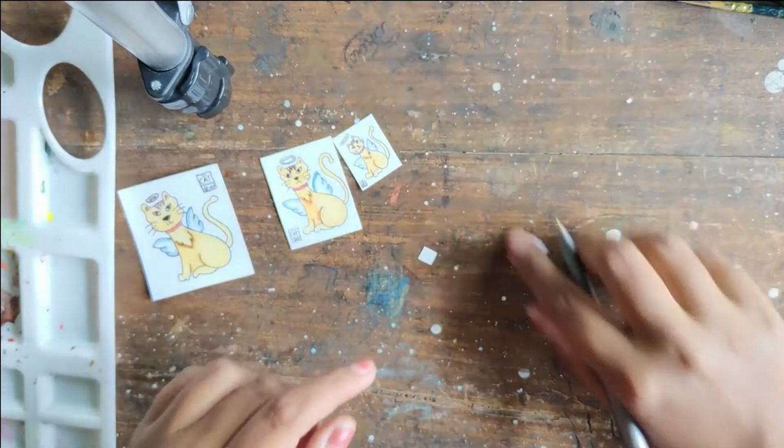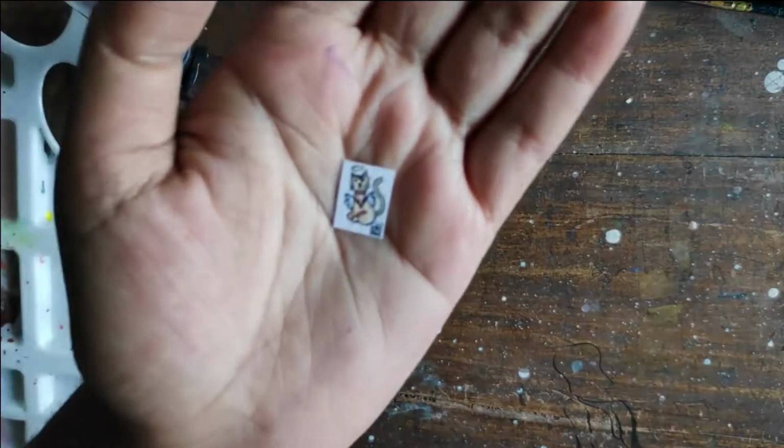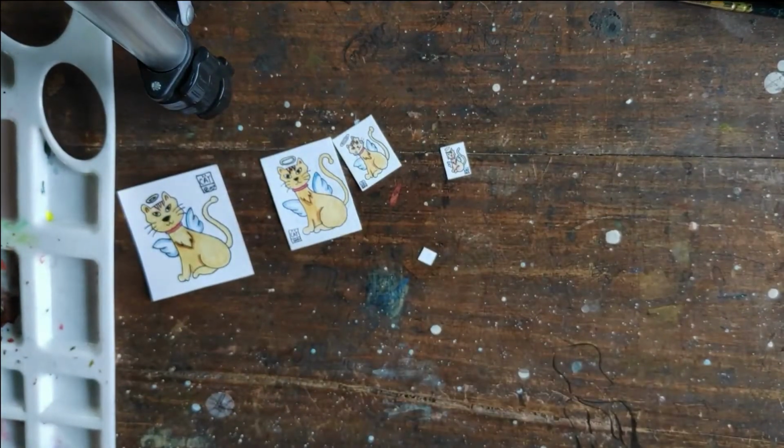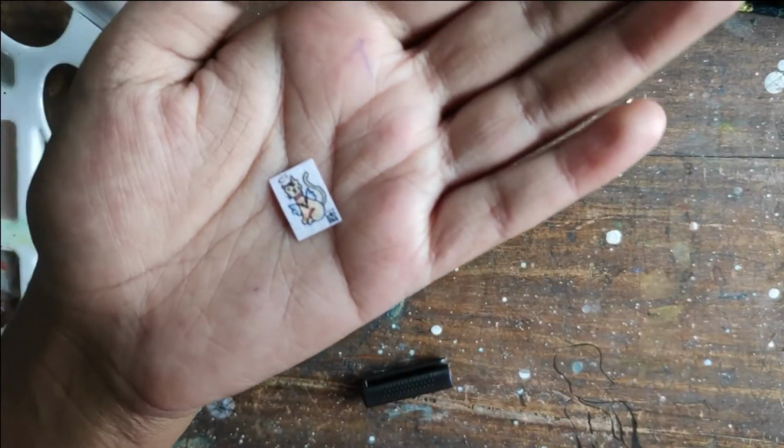Like, look at this, look at this. It's not even focusing. It's so tiny. I don't know why I'm drawing the tiniest one because you guys wouldn't even be able to see it properly. This is not visible. What's gonna happen with the other one? Yeah, it focused. Okay, whatever. So yeah,